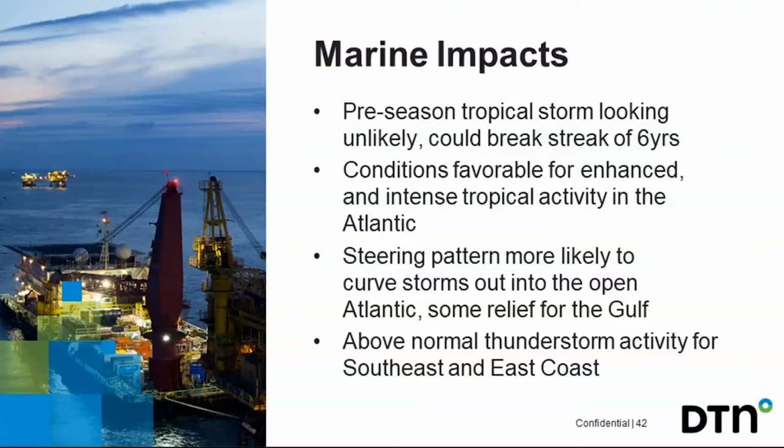We're forecasting 20 named storms for the season, but the steering pattern is definitely an interesting one, especially for customers and operators that are in the Gulf region. Last year was a very difficult year with a large number of storms making their way into the Gulf of Mexico and into the Western Gulf. So having that steering pattern, that blocking mechanism, that trough digging down the East Coast,